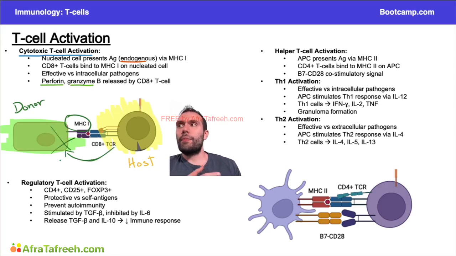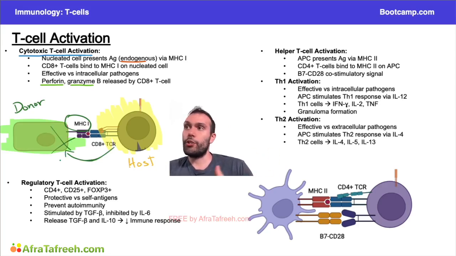Okay, and so this is something that you'll sometimes see. And then again, there are variants of this. We'll talk about all this in transplant rejection, but essentially this is what's happening. If you don't have self-antigens on MHC1, those cells could get attacked. And that's why we immunosuppress patients after they get a kidney transplant or bone marrow transplant, because you don't want the immune system attacking these cells. But that does open the door for a virus to potentially start to infect these cells without any regulation if you're immunosuppressed. But I'm going to get off the soapbox there and we'll go back to the next topic here,